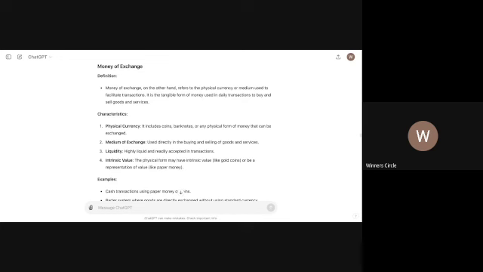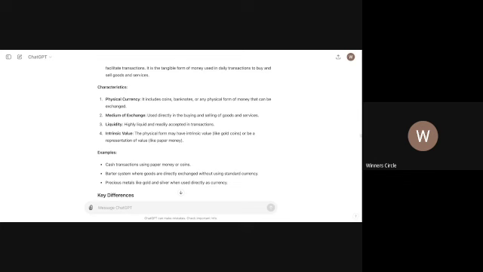The bank doesn't have a bunch of, remember back in the days when banks used to have money in it? They don't have money in it no more like that, because the banks can fractionally lend, because when you sign the agreement, you allow the bank to fractionally lend. For some people, I have videos explaining this to you guys. And people are just not getting why I'm showing you these videos, because they're very pivotal to you understanding accounting, meaning when you're giving promissory notes to banks and financial institutions. I'm just not going to go over that on this. But yeah, so money of exchange is, for example, a cash transaction using paper money or coins.